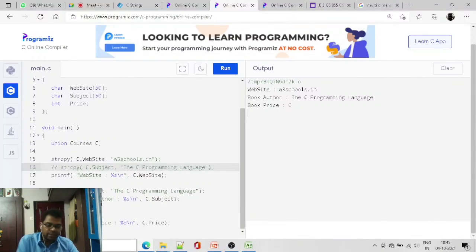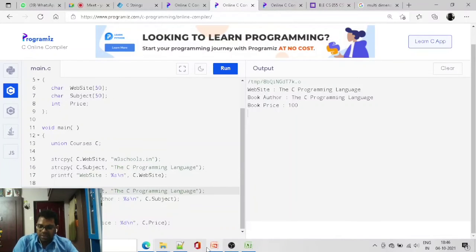So what I copied, I pasted over here. Look into this one. Now the value is changed. c.website holds w3schools.in, c.subject holds the C programming language, but if I print c.website, it shows only the C programming language.